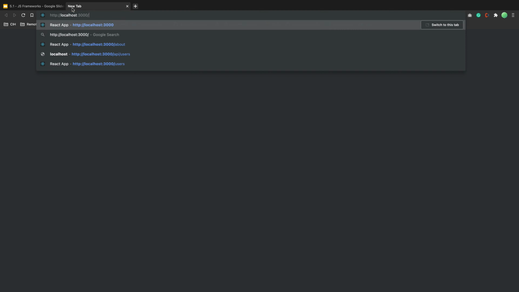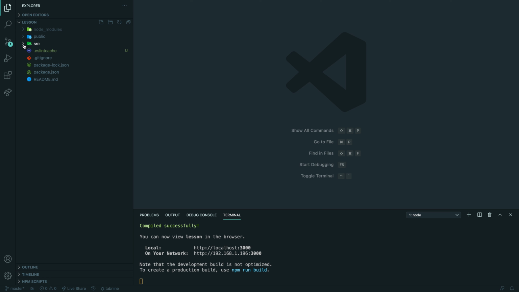So this is the default setup, right? They have some icon, some image, some text and link. So this is the basic structure of your React application. All development is happening in the SRC folder, right? So everything is starting from index.js.